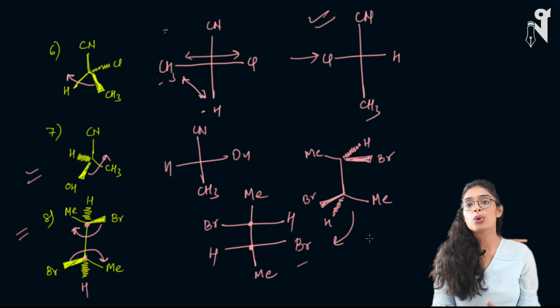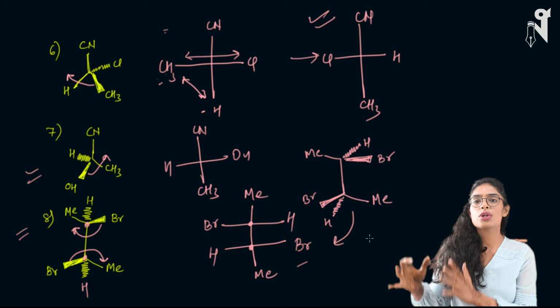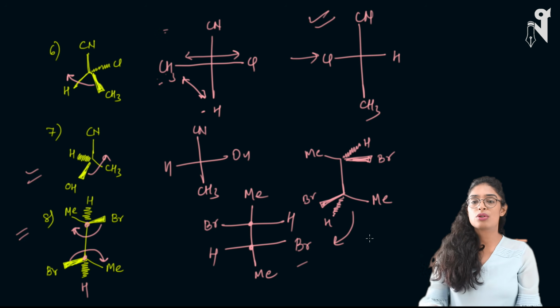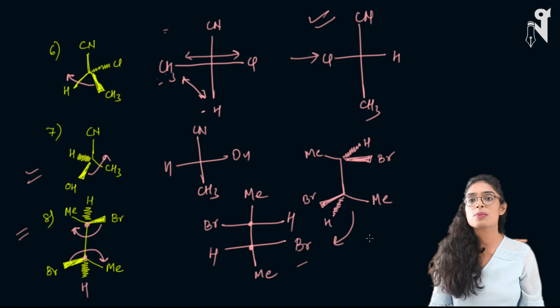So till then, go through it, ask me if you have any doubt in the class. And next class, we are almost on the verge of completion of optical isomerism. Once we understand what enantiomers, diastereomers, and mesomers are, then we'll talk about how to calculate the optical activity in a molecule, basically how to calculate the theta, that we'll do, and after that we'll almost be done with the whole